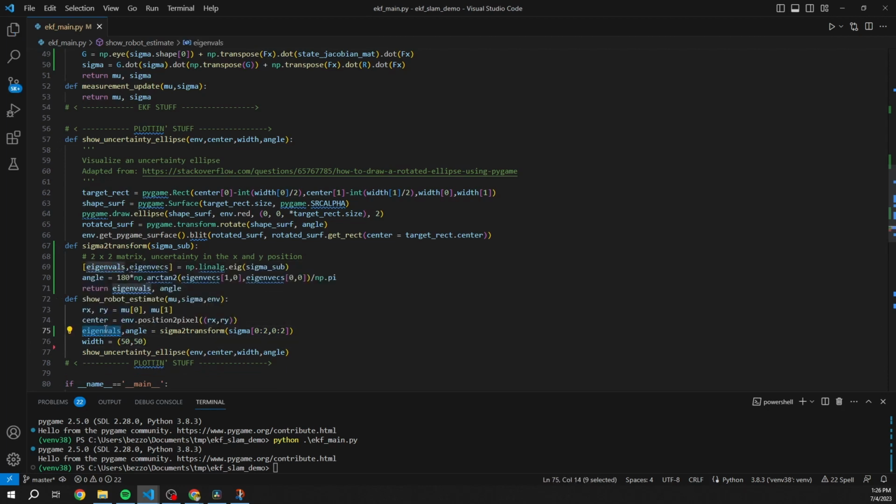Now, this eigenvalues, again, units-wise, is in terms of meters. So we want the width of the